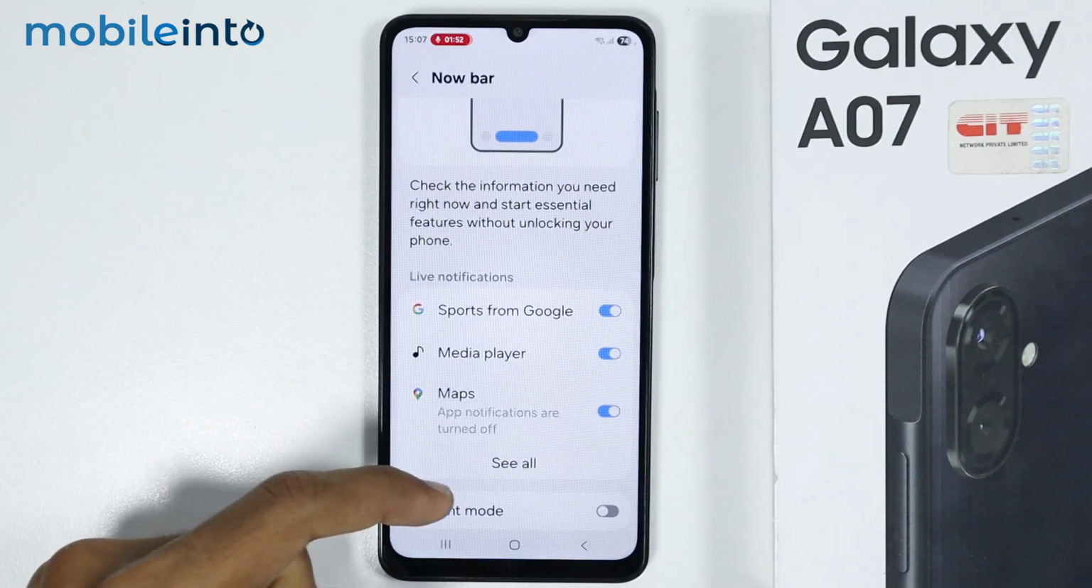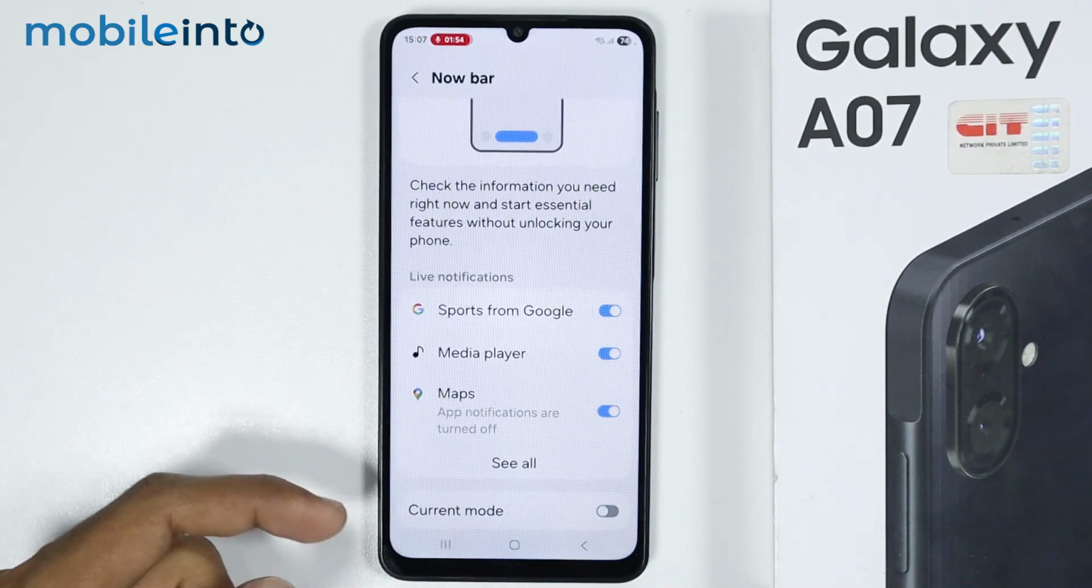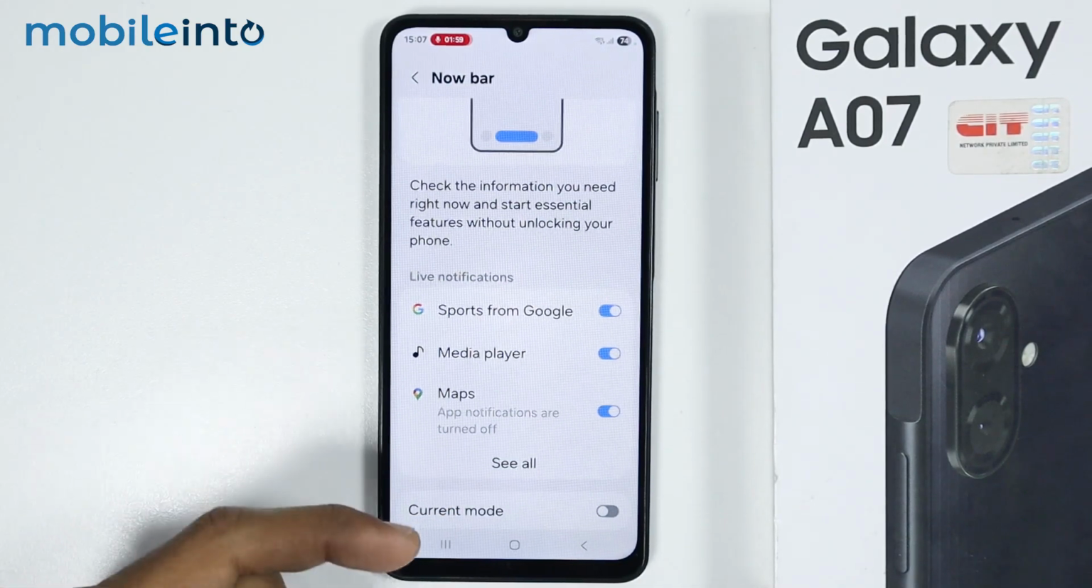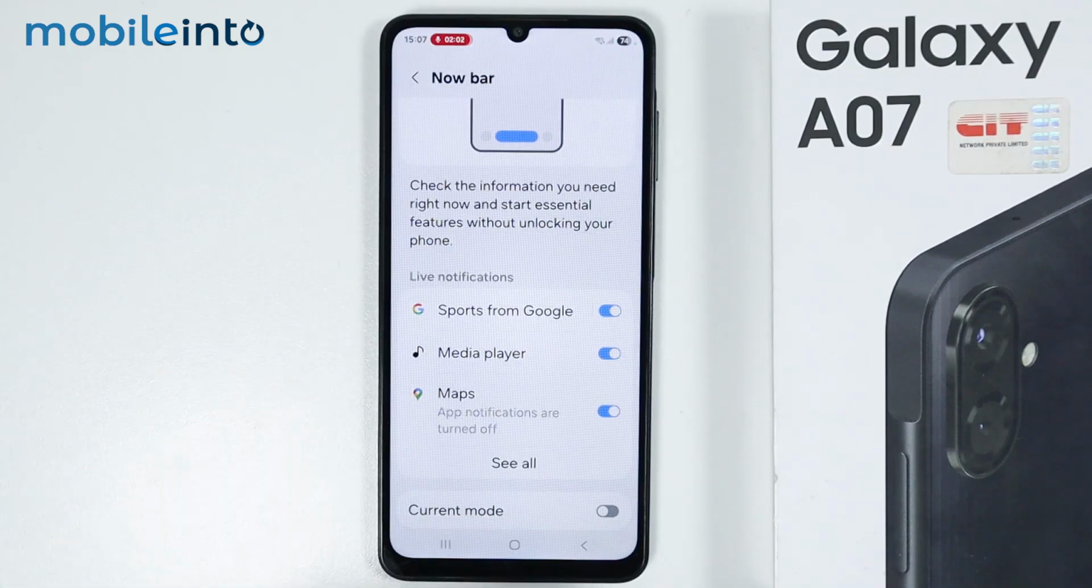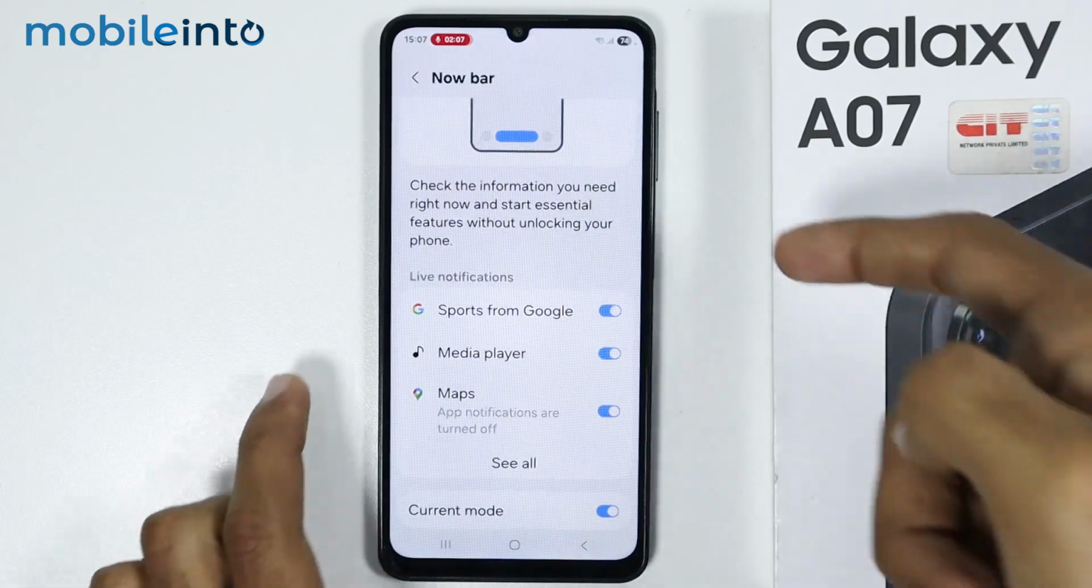After you enable the toggle for the apps which you want to show in now bar, then go back and you will find the option of current mode. And if you want to show your current mode or the focus mode of your smartphone in the now bar, just enable this toggle. Now after you do that, and if you go to your lock screen,